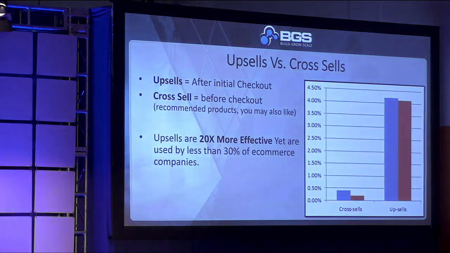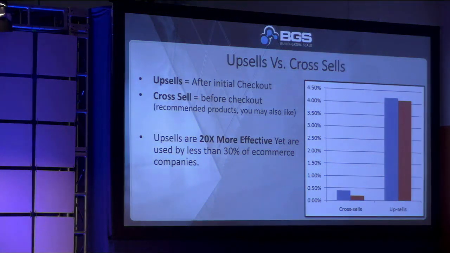So upsells versus cross-sells. Upsells happen after the initial checkout. That means after you've entered your payment details and clicked submit. A cross-sell is before the checkout. So if you have recommended products, or "you may also like," or things like that. So Shopify, right? The Smart 7 bundle, all those different apps, those are cross-sells. Those are not really upsells. They call them upsells, but they're not because they happen before the checkout. So if you have a recommended product app in your checkout, that happens before the checkout, not after, okay? If it happens after, it's an actual upsell.